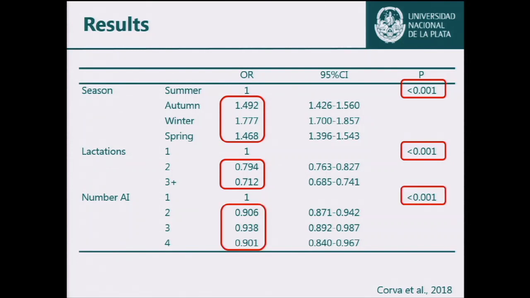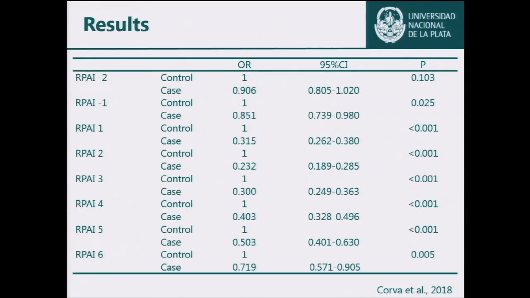The same thing happened with number of inseminations, and the cows in the first insemination had a higher pregnancy rate, and then it decreased. And so far, this probably is not different from what has been reported in other studies. What is interesting is what happened with the conception rate compared to the weeks before or after the insemination took